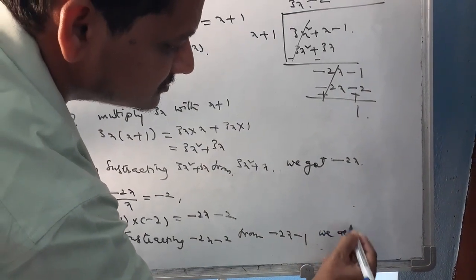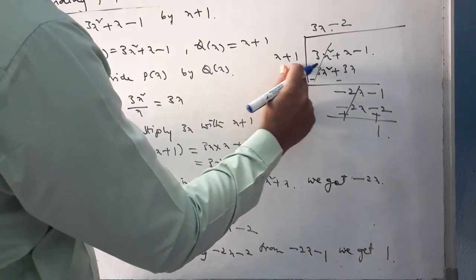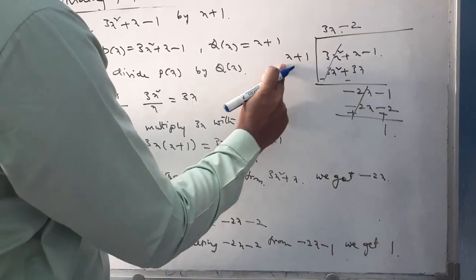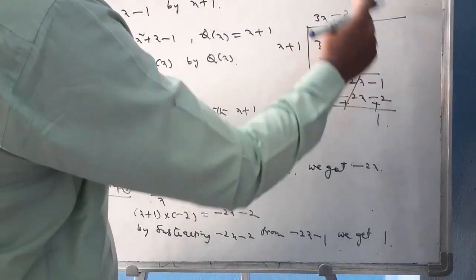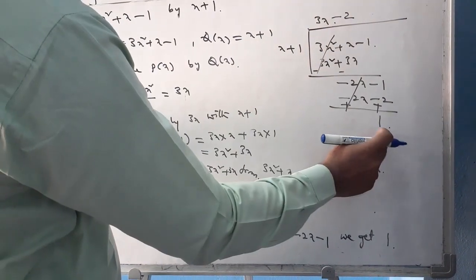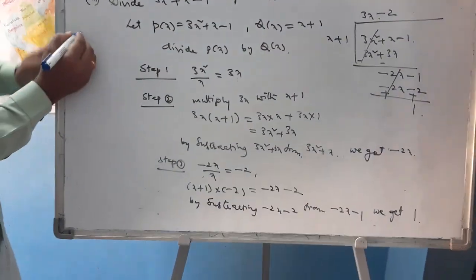We get 1. So from this, x plus 1 is a divisor. Here this is a dividend, this is a quotient, and 1 is a remainder. So from this we can write it as